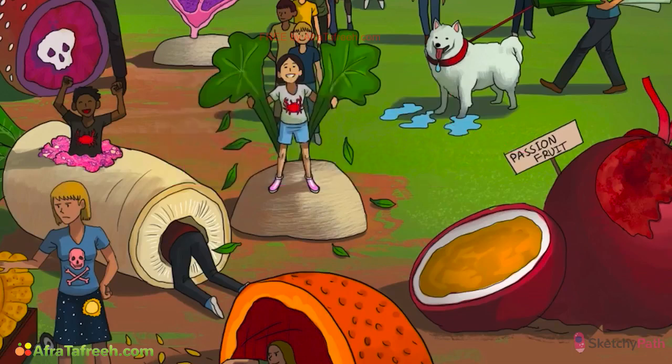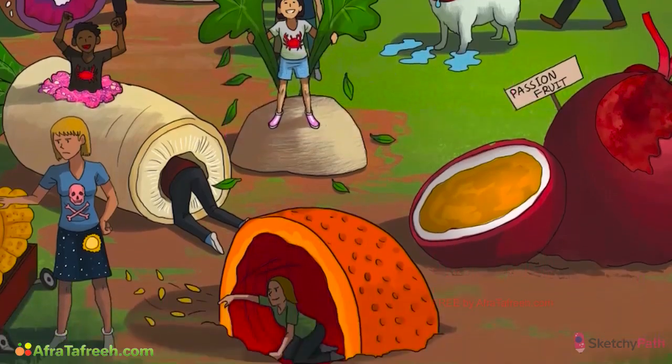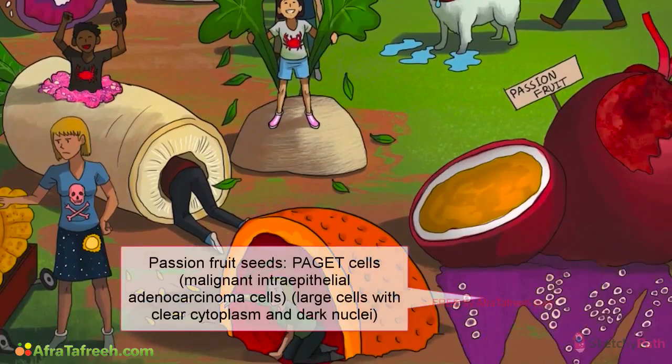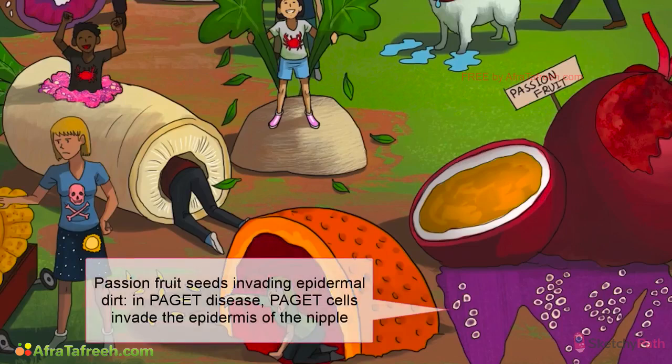Look for an ulcerated eczematous skin lesion that begins on the nipple and spreads to the areola. Just like this ulcerated eczematous leaf extending out from the stem of this Paget passion fruit. On histology, you'll see the eponymous Paget cells, malignant intraepithelial adenocarcinoma cells occurring within the epidermis of the nipple. These cells are large, full of clear cytoplasm, and contain dark, high-grade nuclei, just like those Paget's passion fruit seeds,